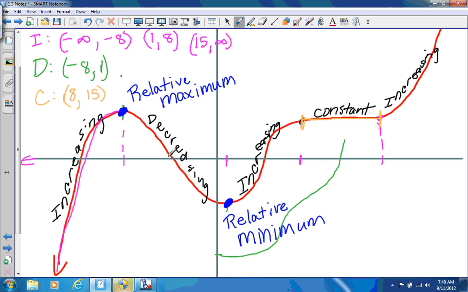And it's a minimum because it's the lowest value in this interval. Because this function goes down on this end and up on this end, there is no absolute minimum or absolute maximum. If we had a function, say, that did something like this,